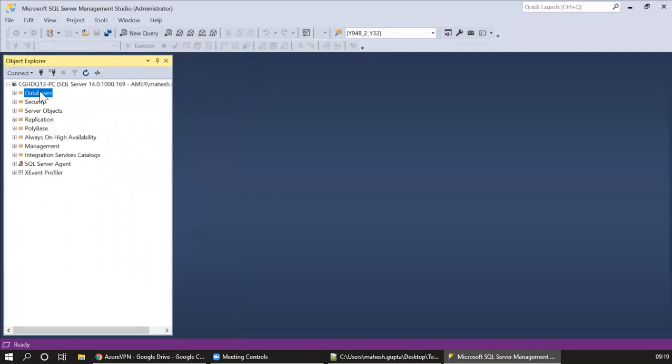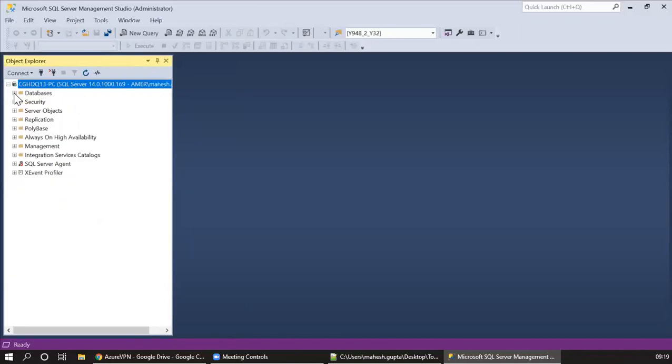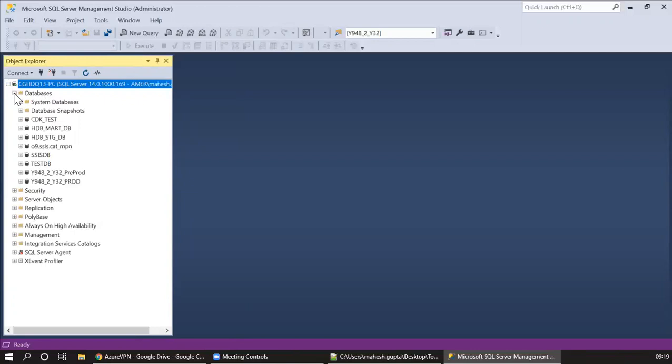So first thing, when you see you have databases, so it is up to you what are the databases that you have to create. So all the databases which belong to this server will be listed down here. When you are working for any real-time project, you will have a database already created. But today, what we are going to learn is we'll start from scratch, where we'll create a new database